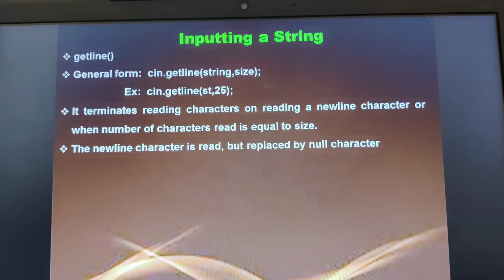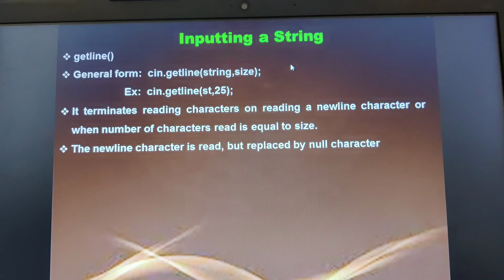Similarly, now look at this one. This getline we have even for outputting a string. Now this getline function keeps on reading the characters you give in the string. Like teacher, you have given TEACHER. So it keeps on reading all the characters given in the string until it encounters a newline character or until it reaches the number of characters equal to the size.